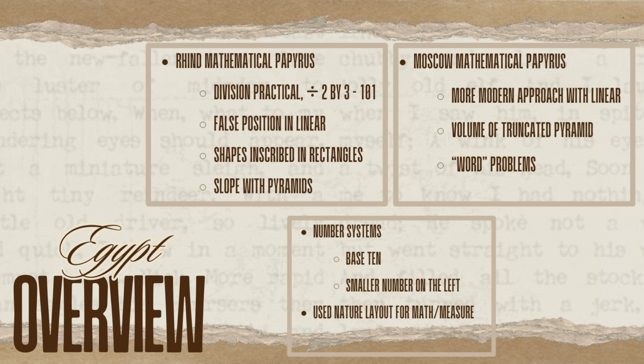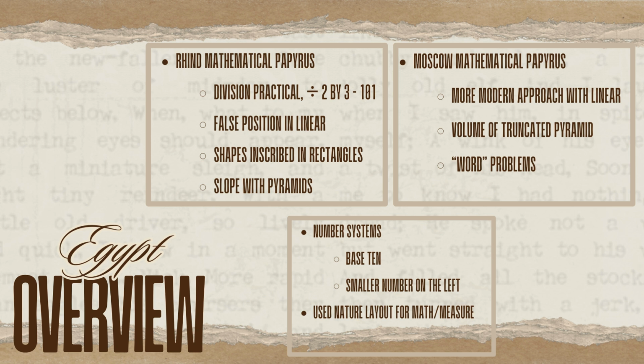The Moscow Mathematical Papyrus took a more modern approach with linear equations. It was much like what we see today, obviously a little different. They also came up with the volume of a truncated pyramid. So, again, using the resources and what they saw around them, very geographical kind of math, they used that to create the volume. And then they came up with the idea of word problems. They called them work problems, but it's our idea of using a very practical illustration